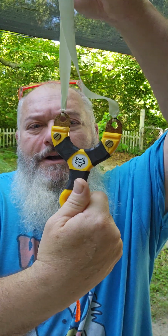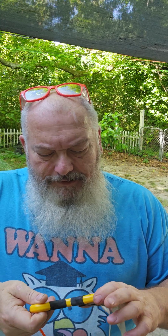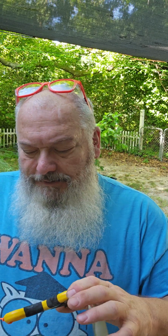This is a little Saker I got from Tim. I like these things. I'm trying to get the demon love child between this and this put together, because I'll talk about that slingshot one day. Maybe I'll talk about it tomorrow. Anyways, long story short,